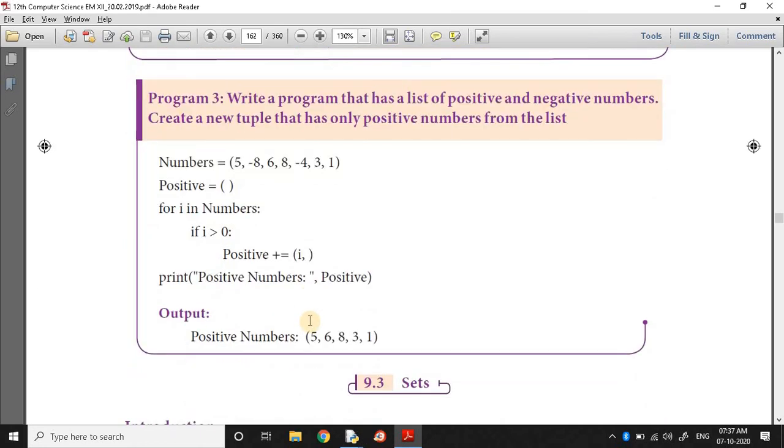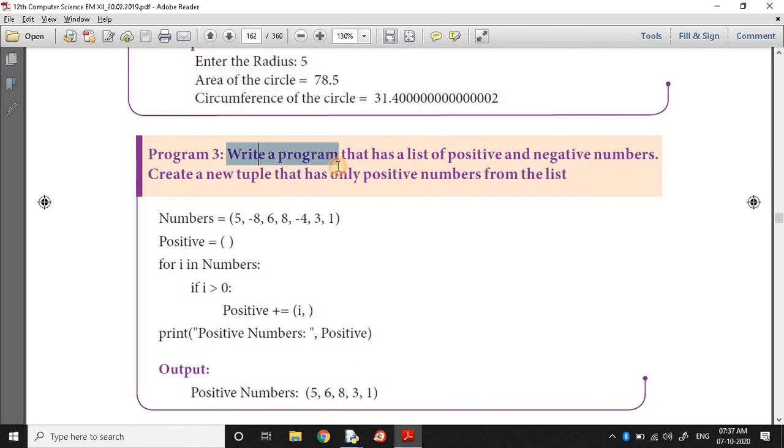Okay, one more example program. List of positive and negative numbers: how many positives and negatives? Numbers is a tuple. Positive is an empty tuple object. For i in numbers, so first time 5, second time 8, third time 6. If i is greater than 0, positive += i, comma. So plus equal to combines tuples.